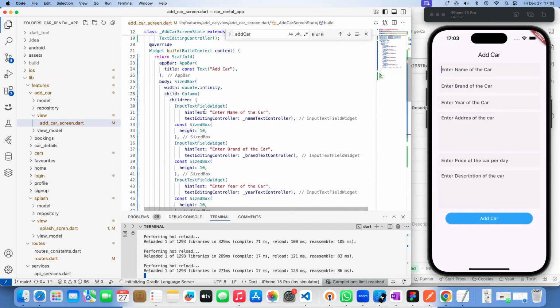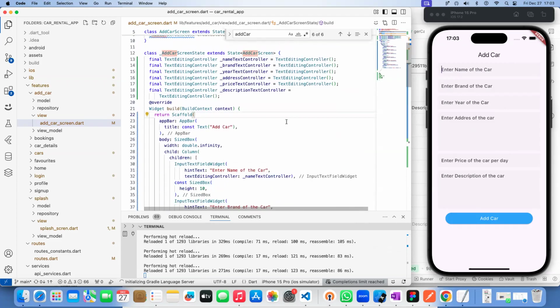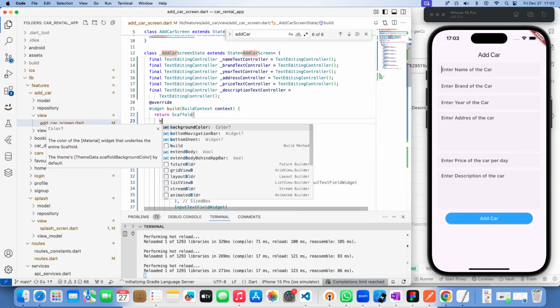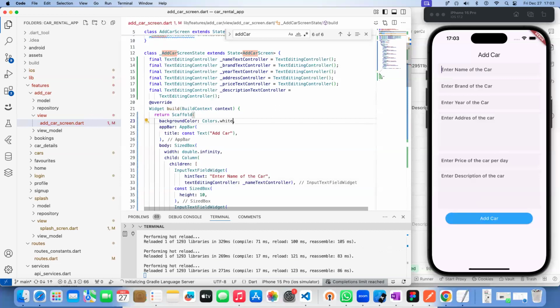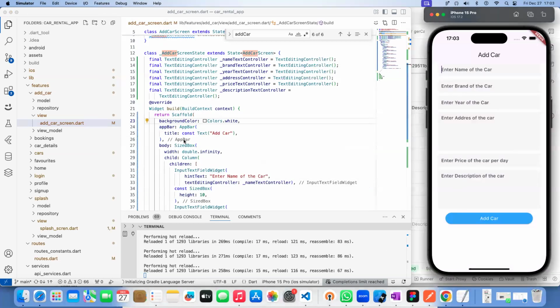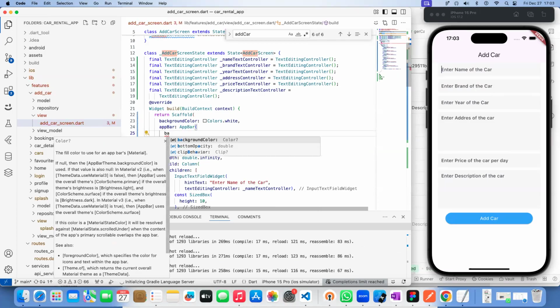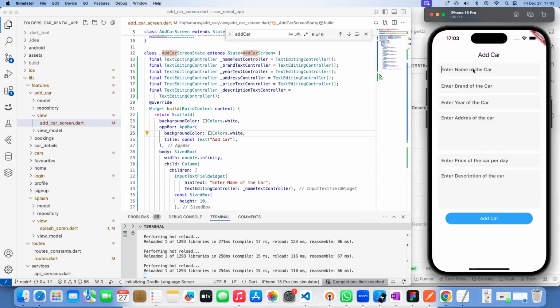Let's add a background color of the scaffold. I don't know, it's applied a white color. I didn't see properly now. Let's add a background color. Colors, let's add white now. Now it looks good, right? And let's add a background color for the app bar also. Background color for the app bar. No, this is add car. So here,